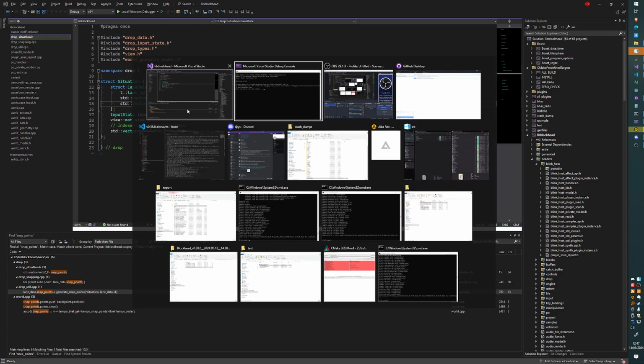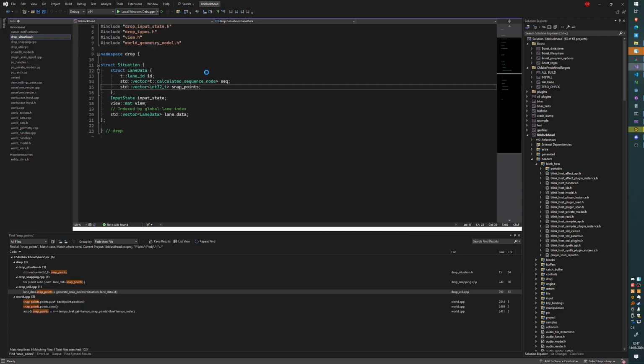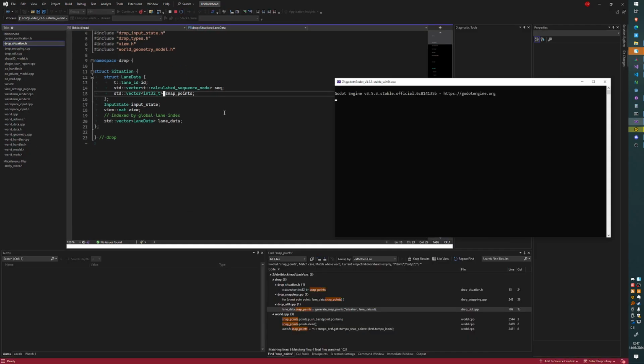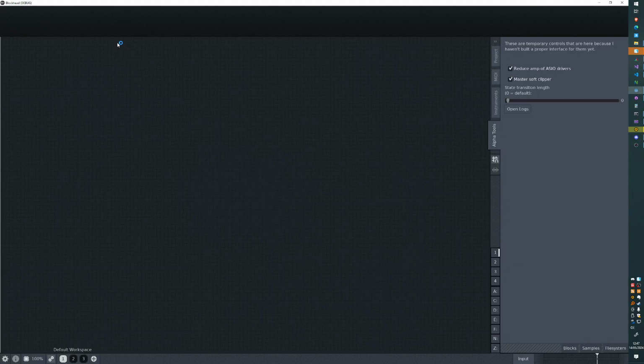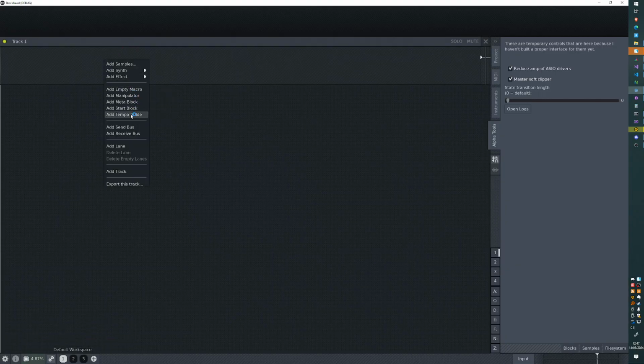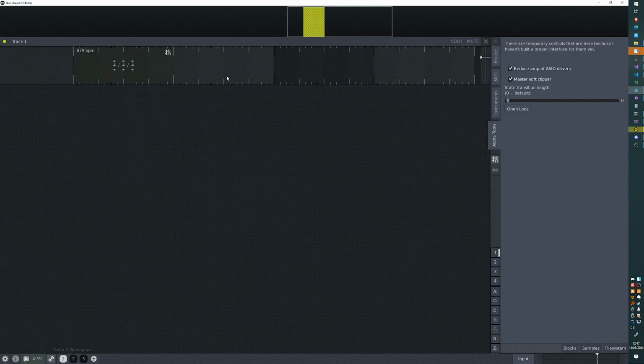The first set of snapping points, open up this again, just for explanatory purposes. So for each lane, I generate two sets. No, that would be really complicated, actually. Well, I was going to say,